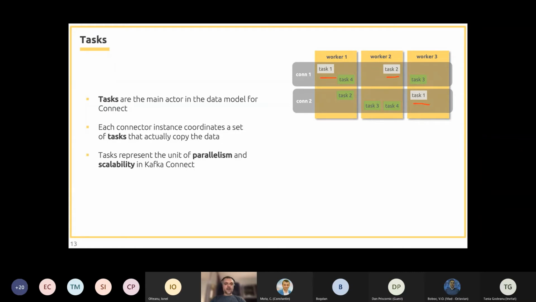And Kafka Connect will try to evenly spread out all these tasks across all the available workers.